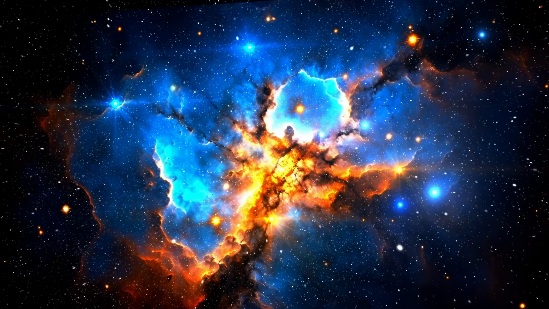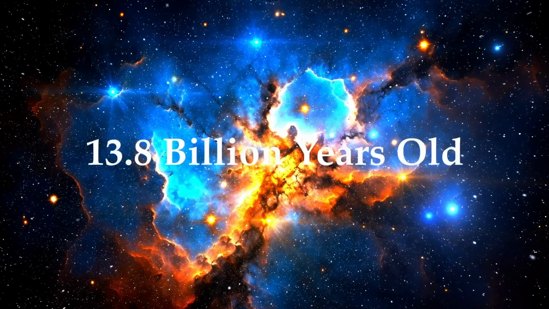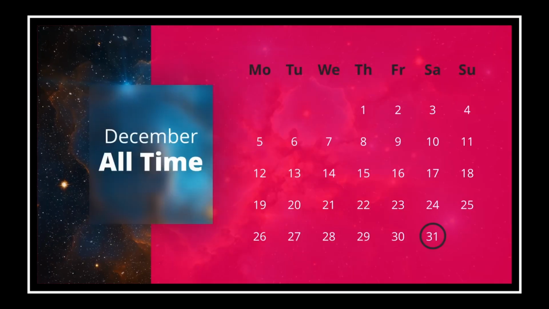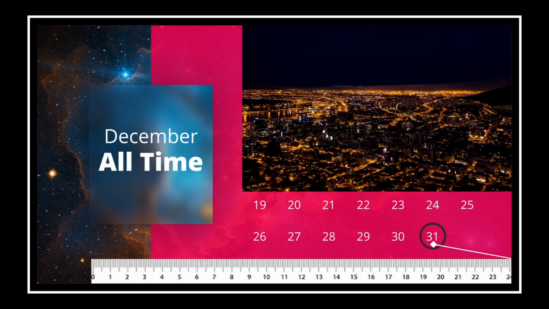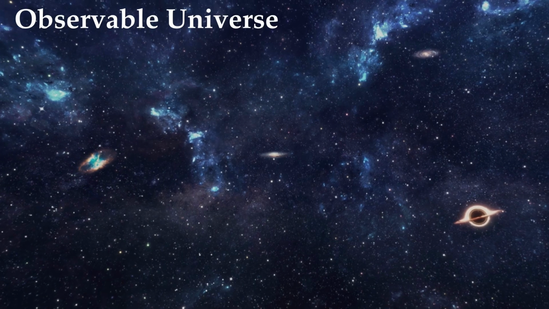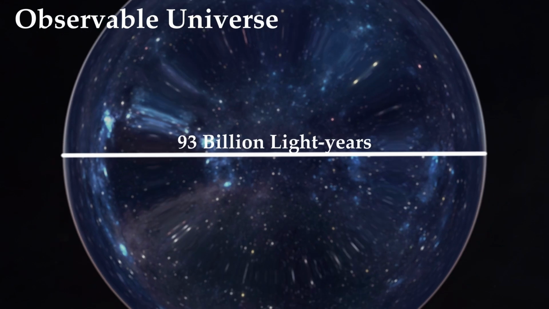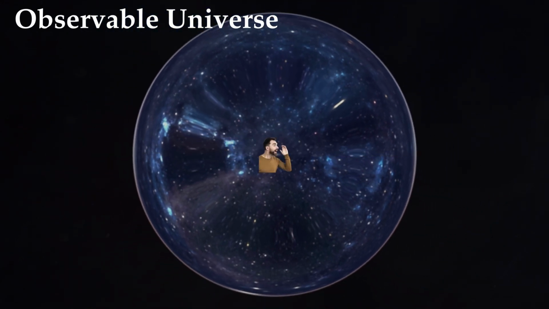In human scale, our universe is unfathomably large and extremely ancient at 13.8 billion years old. To put that in perspective, if the universe were a year old, our modern industrial civilization would have existed for mere microseconds now. Our observable universe is estimated to be about 93 billion light-years in diameter. If we consider ourselves to be at the middle of the observable universe and we send a message saying hi to either end, it would take 46.5 billion years for the message to reach there, by which time we might